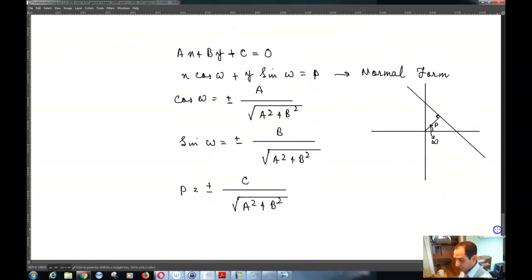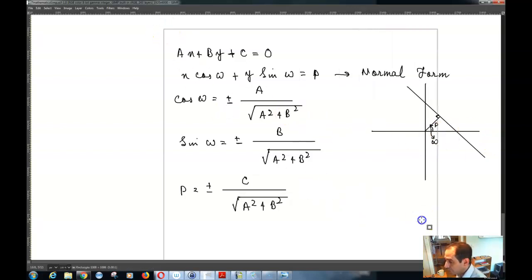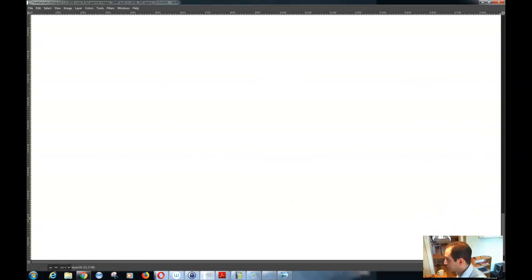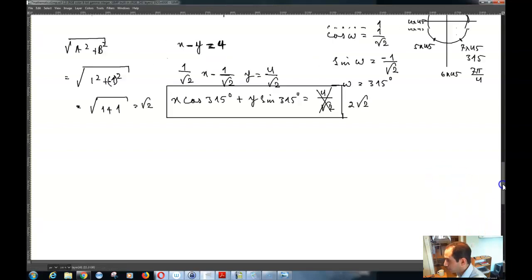Okay, so the next question that we have is find the distance of some point from some line. So let me get rid of these over here, and then we will find the distance of the point from the line. So we have a point over here which is (-1, 1), and you want to find the distance of this point from the line